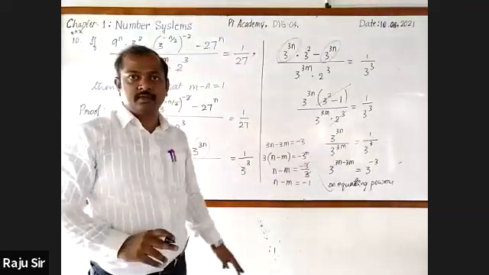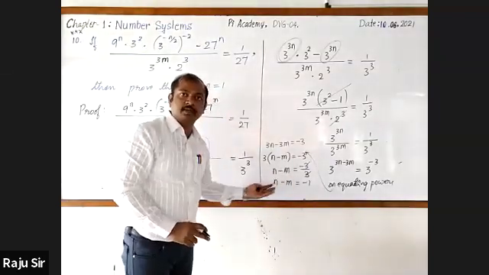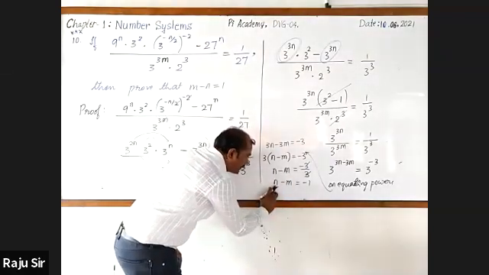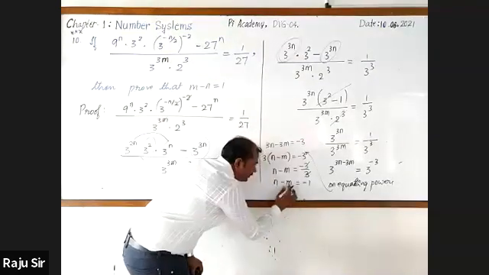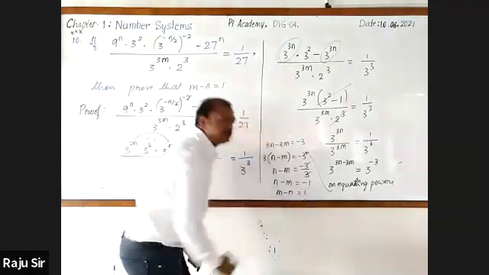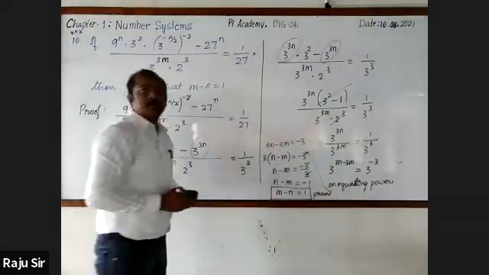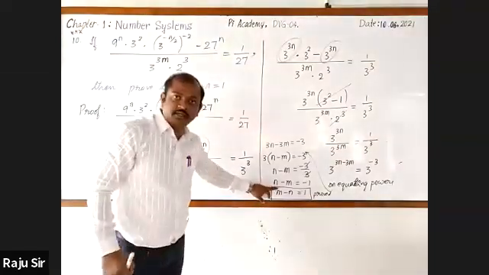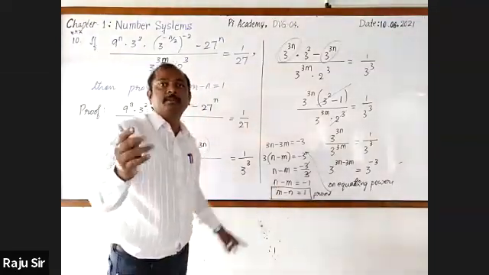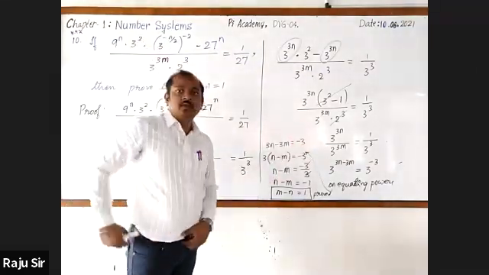I am going to multiply minus 1 on both sides. Then whatever is minus becomes plus, and whatever is plus becomes minus. Here plus m is there, it becomes minus. Minus n is there, it becomes plus: m minus n. Here minus 1 is there, it becomes plus 1. Now this is proved. I don't have space, so I have written it directly. In this step you can write multiply minus 1 on both sides. Did you understand?